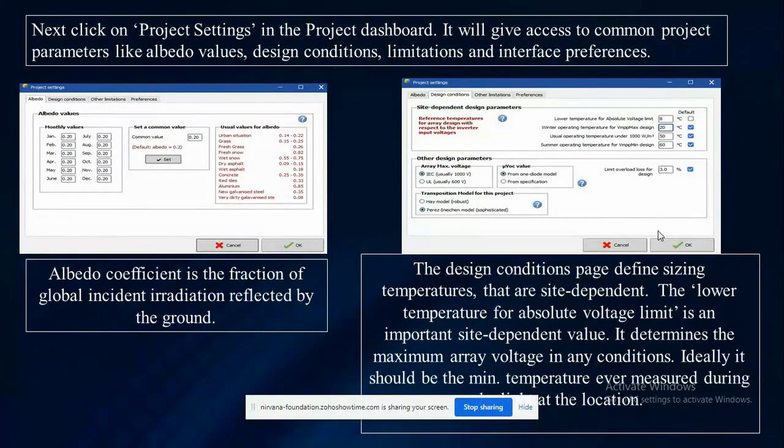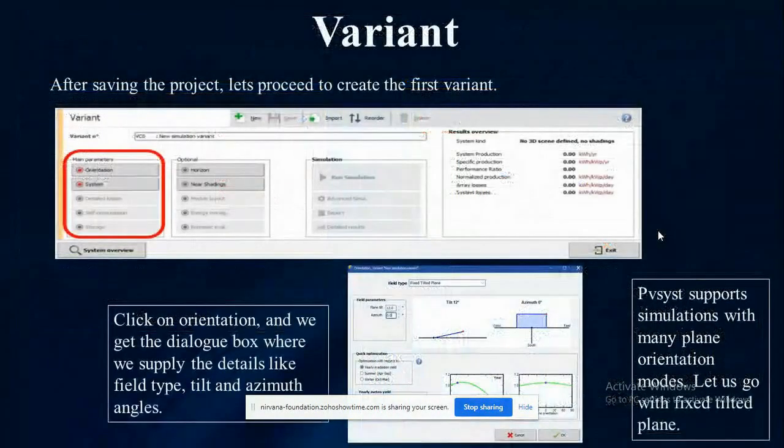Usually some default values are set in PVSys, but if you know the values, we can give them manually as well. The design conditions are actually very important. They decide the maximum array voltage in typical climatic conditions, so we have to enter the lower temperature limit of that location. It is site dependent.